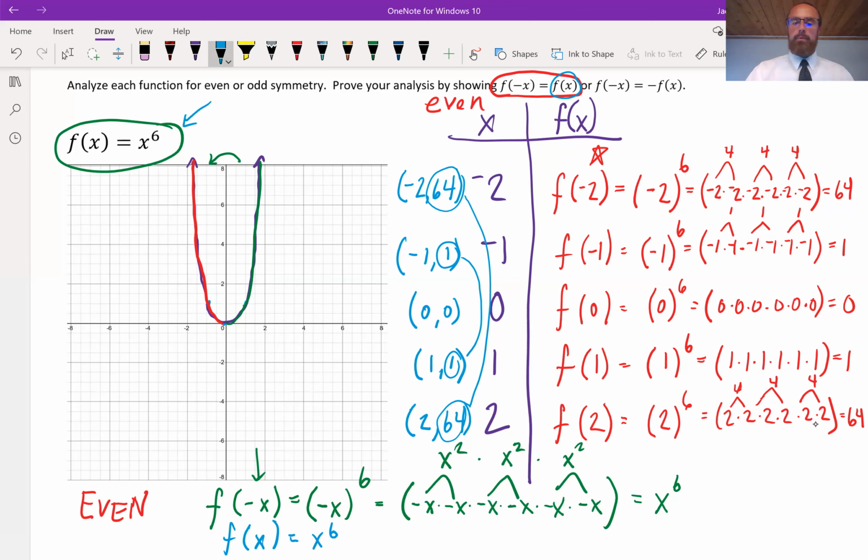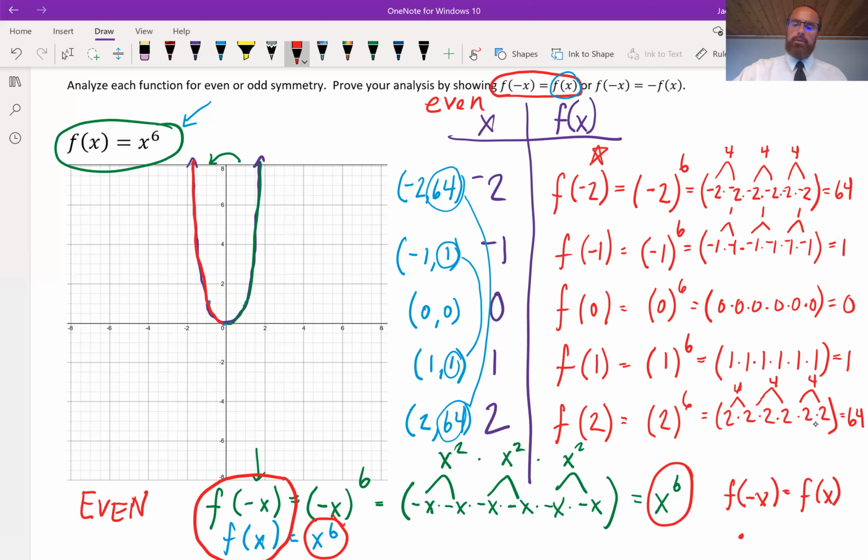Now, what I want to do is compare these two evaluations. What do I get when I plug in negative x? What do I get when I just use the original function f of x? Well, x to the power of 6 and x to the power of 6 are identical. So what I can do is trace back all the way to the left and make the logical claim that those two that we started with are also equal. We can claim f at negative x equals f at positive x,